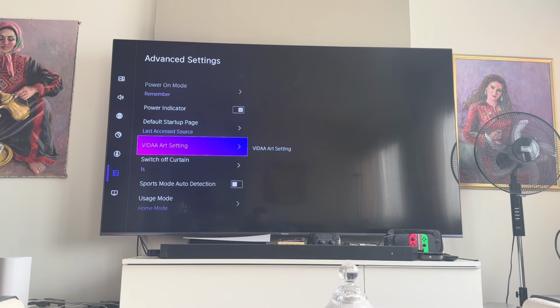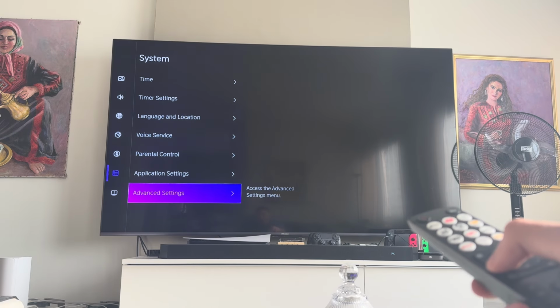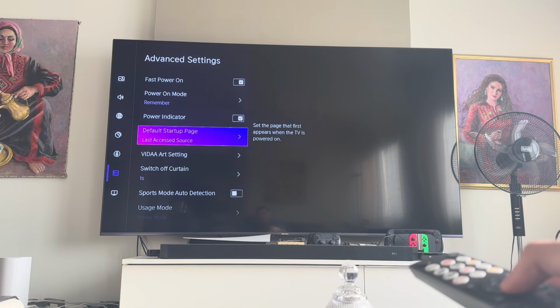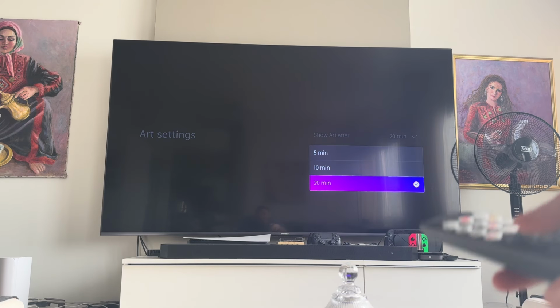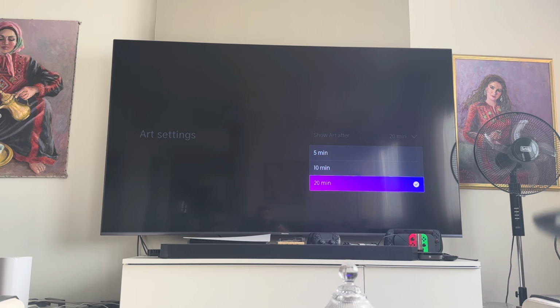Okay? Now, the reason the issue occurs is because Vida Art shows up, and this is an app within the TV. So if Vida Art shows up before your TV turns off alone, it will show up to Vida Art. So what you want to do is basically go to the advanced setting, and go to the Vida Art setting, and you can't turn it off, which is a shame, but there's a solution around this,